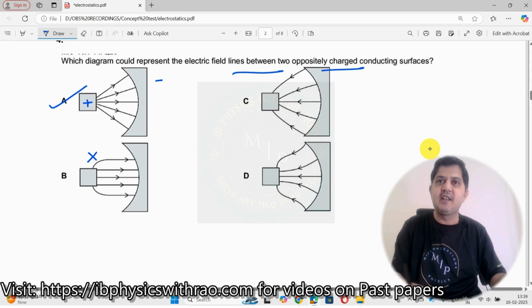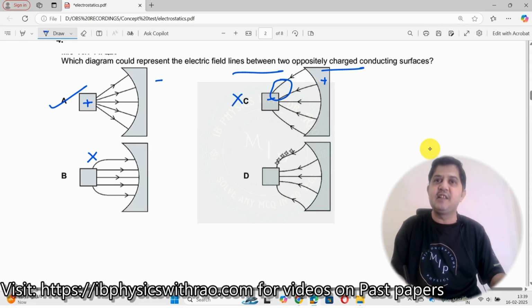So this is incorrect. You see here, this is also taking a curved path, and moreover, it is inward. If this is inward, maybe I can consider this as positive or negative. But if this was a straight line, my assumption would have been correct. But unfortunately, it is not seen over here. So it is taking a curved path. Because of this curved path reason, I will still call this incorrect.